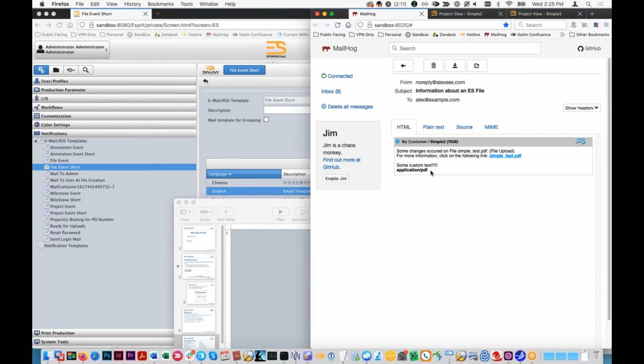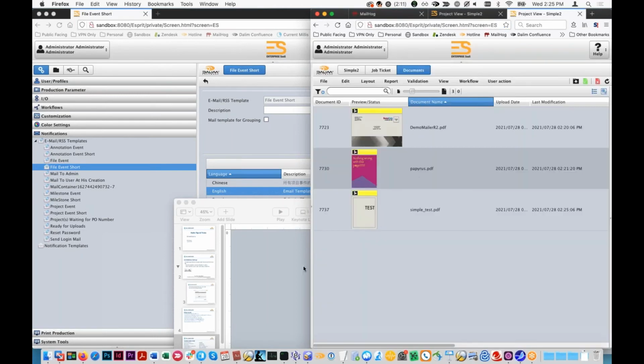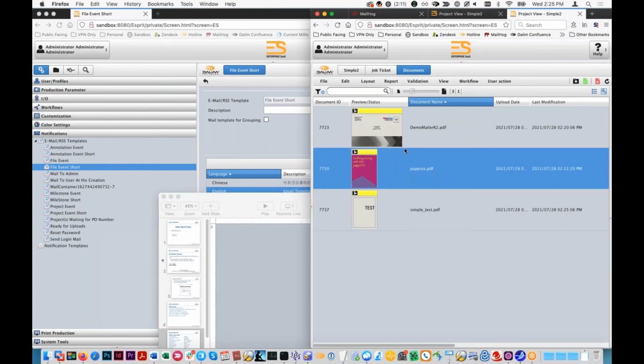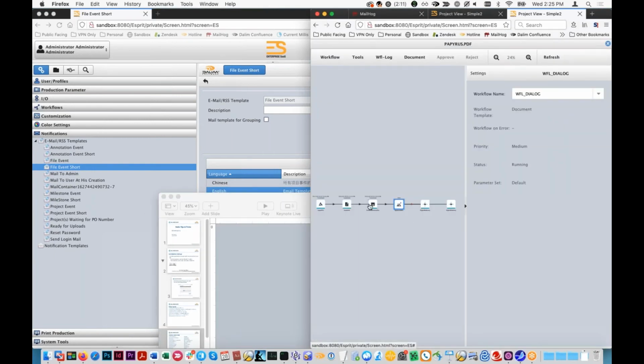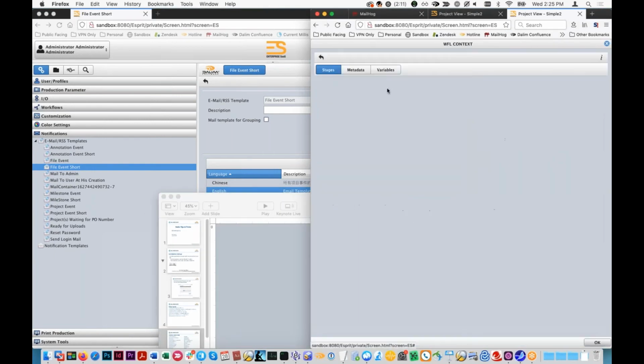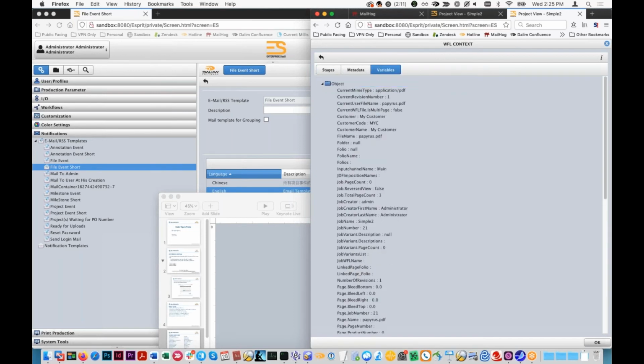Yeah, that one actually worked. Cool. Saw it as application PDF. So, yeah, in addition to the Dalim's official list, you can try anything in with a log, show context variables in that same format. So those should all